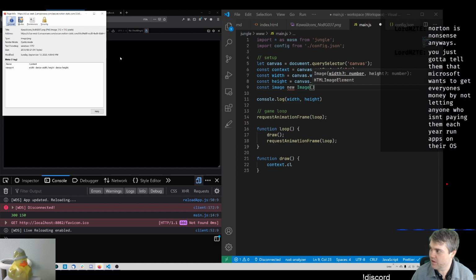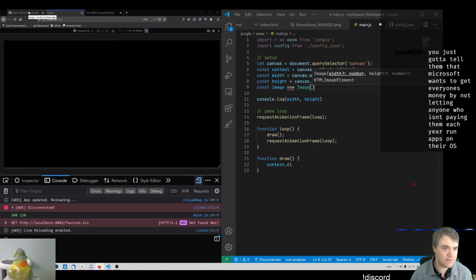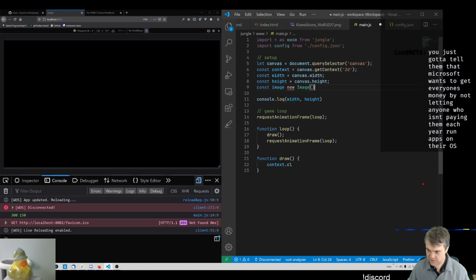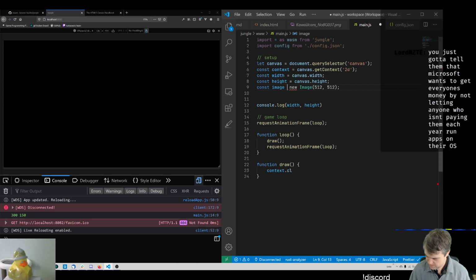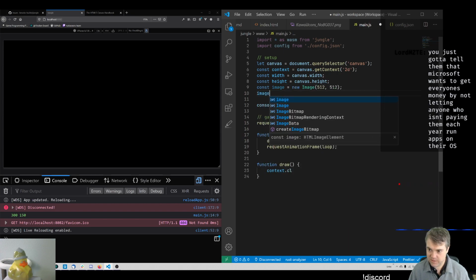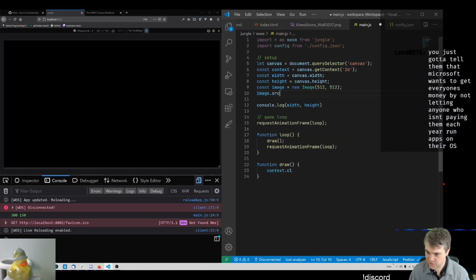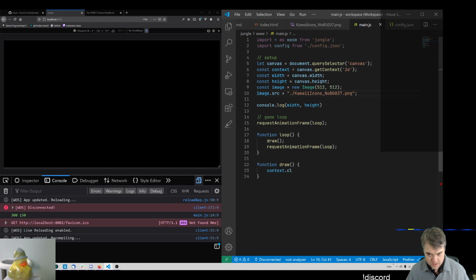Okay, you're 512 by 512. Really? Okay, that doesn't seem too terribly big. So you're 512 by 512 equals an image. Then I want to do image dot source is equal to, and so this is where I do obg037.png. Okay, and then theoretically, I should be able to just